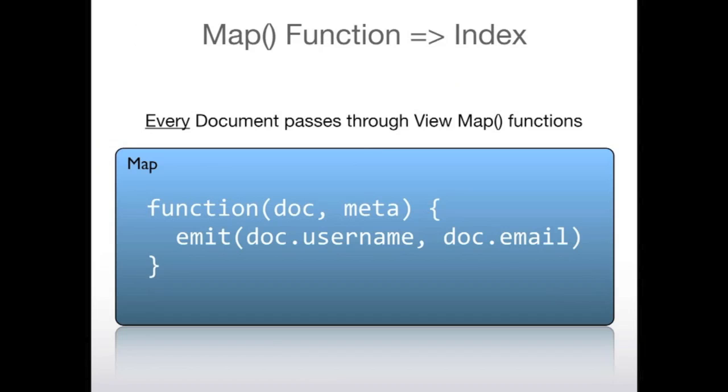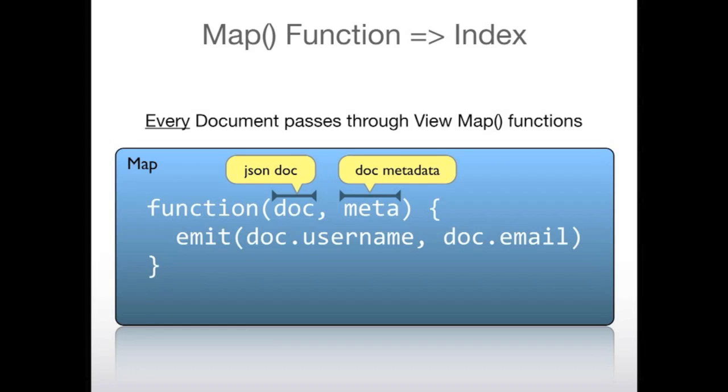So here's the map function anatomy. Every document passes through the view map functions. This is the JSON doc, the first parameter. This is the doc metadata. And for people coming from relational or not as familiar with B+ trees and data structures on disk,